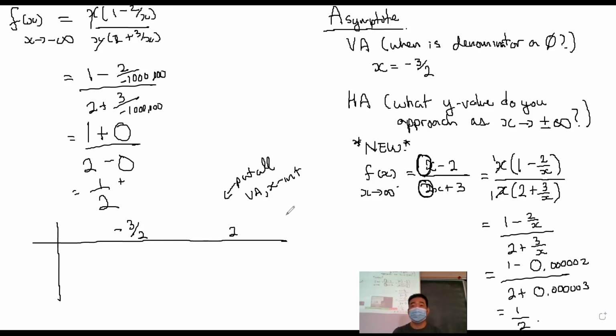All vertical asymptotes and all x-intercepts go in the row. Hold on a second. Nope. This 2 is an x-intercept, and the negative 3 over 2 is the vertical asymptote. That's your question. And this part is a 0. So at the top part, we put the x-intercepts and